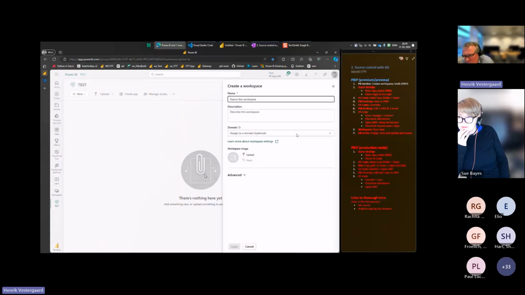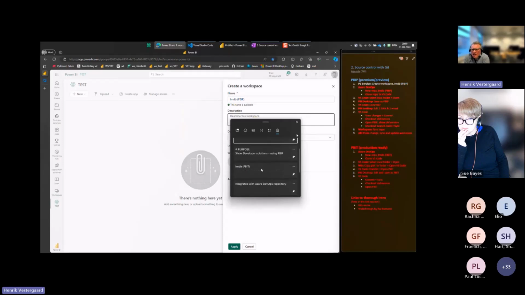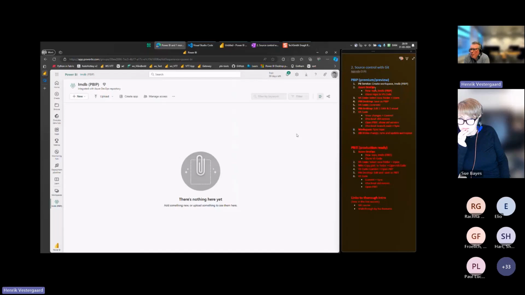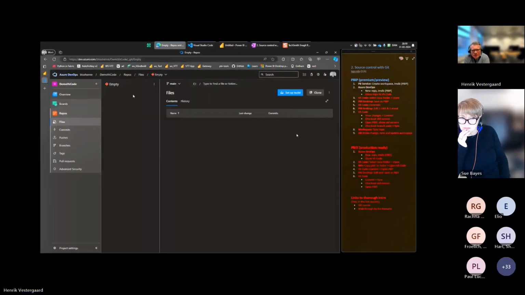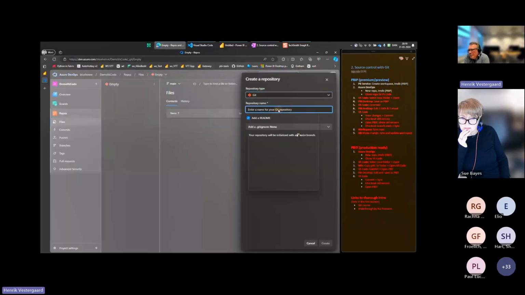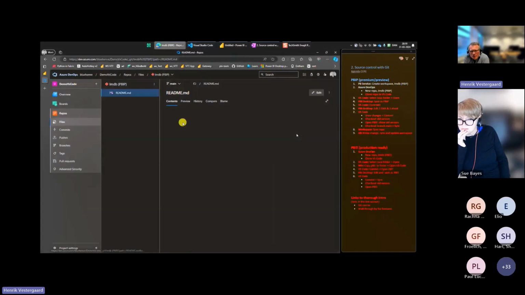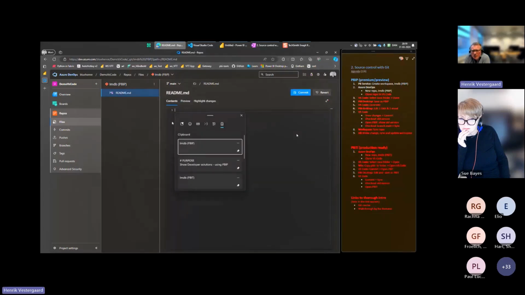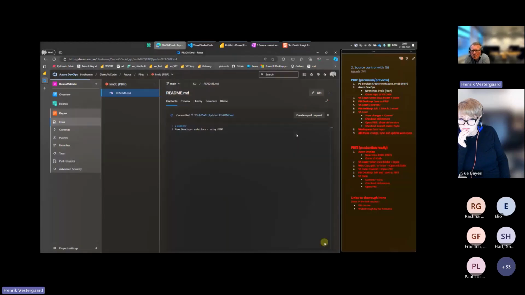So the first here, I'm creating a new workspace. I'll call it IMDb, give it a description that we want to integrate with Azure DevOps repository. And then I'll go into Azure DevOps and create a new repository. So I hit new repository and give it the same name here, IMDb, PBIP, and click create. When you create a new repository, it always creates a README file with some standard text. It's a good practice to delete that one and write something more meaningful